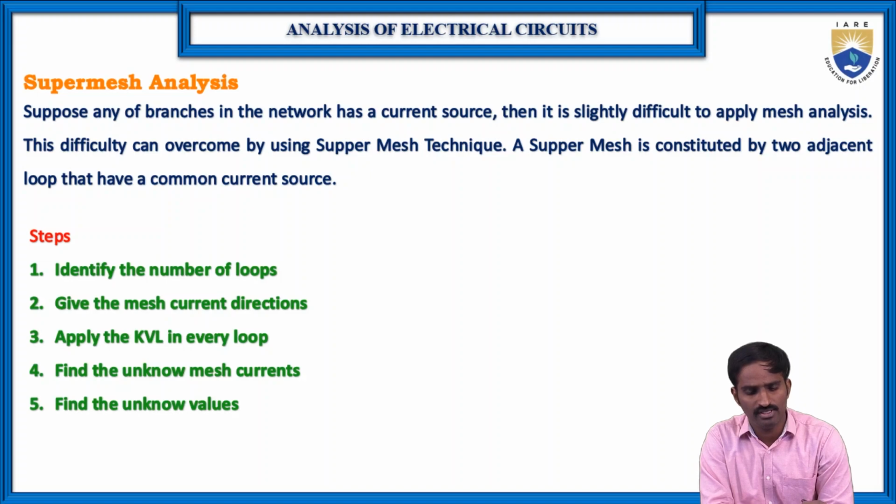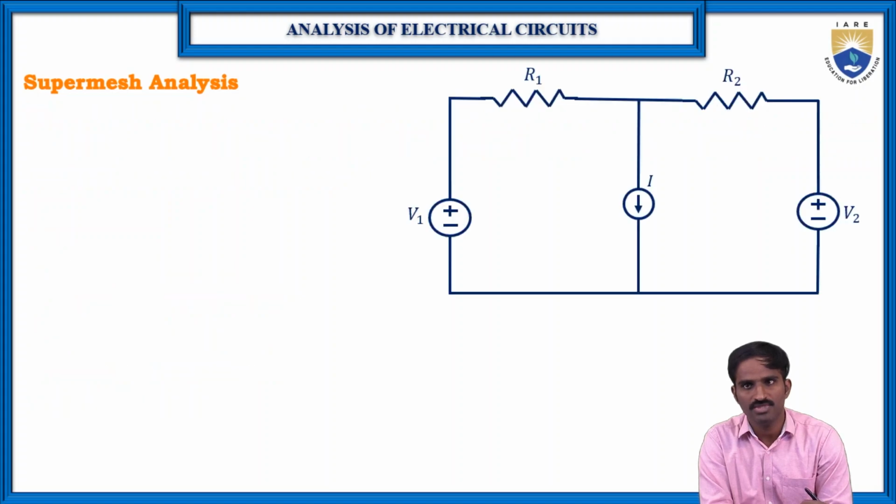First we need to identify the number of loops, then again we need to give the loop current direction and then apply the KVL, and after that we need to find the unknown mesh currents. So based on that we can find the unknown values. Right. So here first let us consider a simple network,